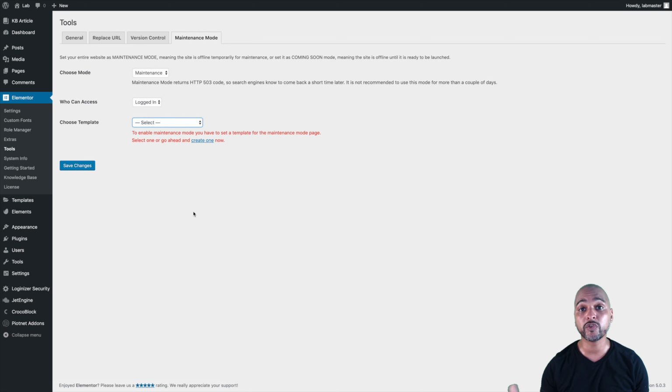And basically, you're going to create a template with Elementor, and then you're going to tell Elementor to use that template for the maintenance page. What happens next is that visitors of your website will see the maintenance template, whereas you as an admin will keep on seeing the actual content of your website. Now, at this stage in the process, we're not supposed to have installed Elementor yet, so you may have to come back to this page later once you've installed all the